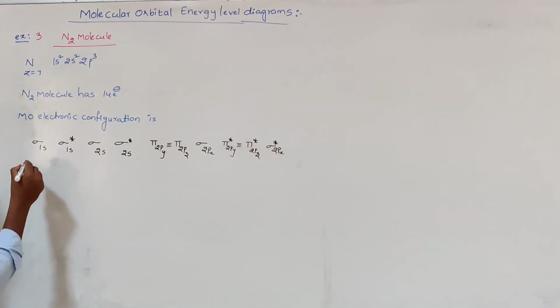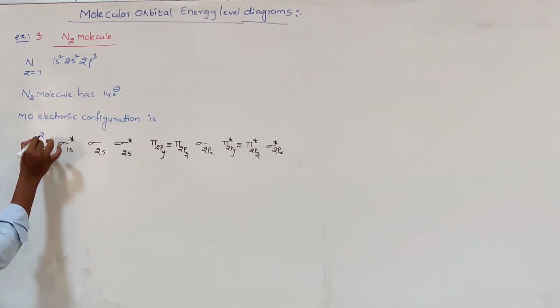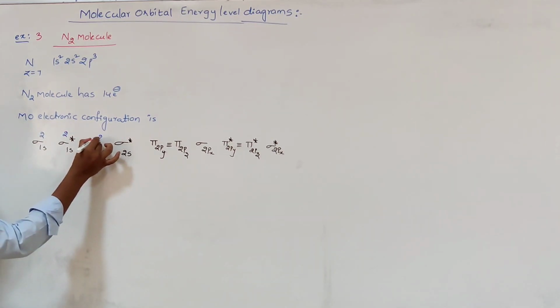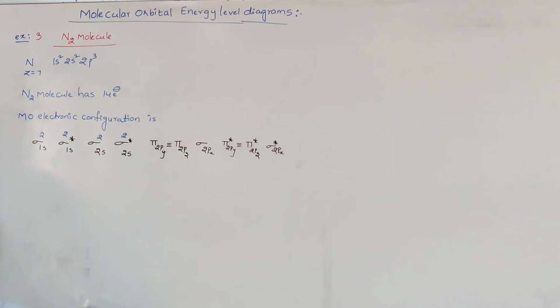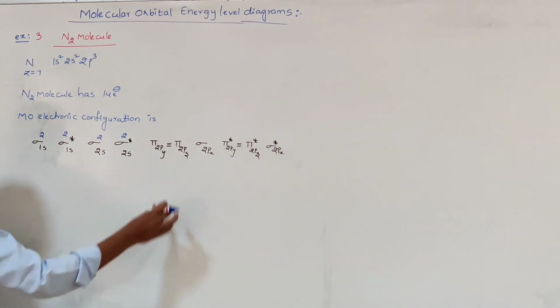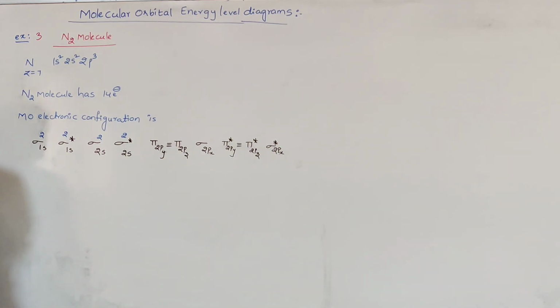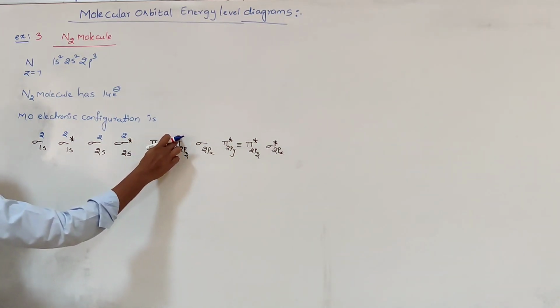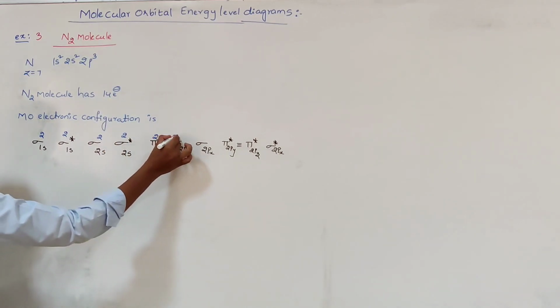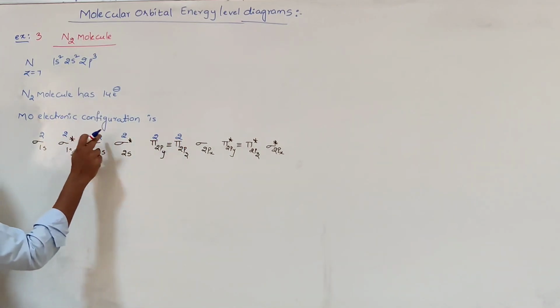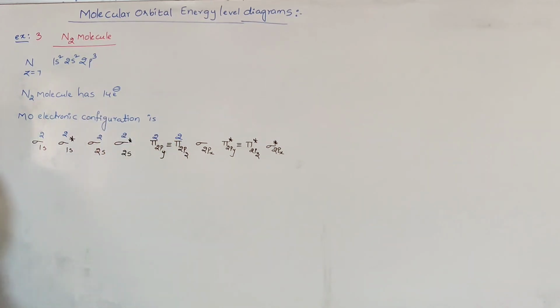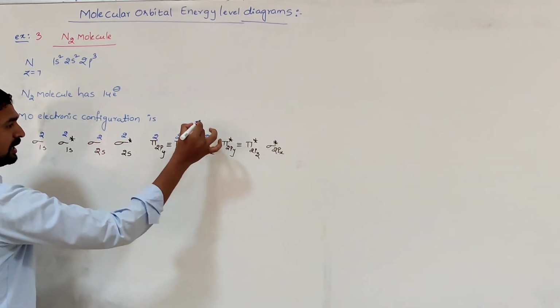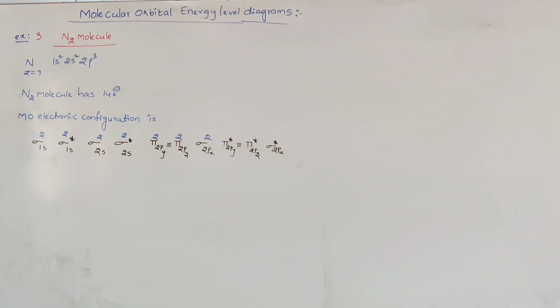First, each orbital can accommodate 2 electrons. Here 2, then here 2, 4, 6, 8. Whenever two atomic orbitals having the same energy, that is degenerate orbitals, are present, we need to follow Hund's rule, until here 8 is over. Then 9, 10, 11, 12, because we have 14, each can accommodate 2. So 12 electrons are filled, then the next 2 electrons enter the sigma 2px. Next, bond order.